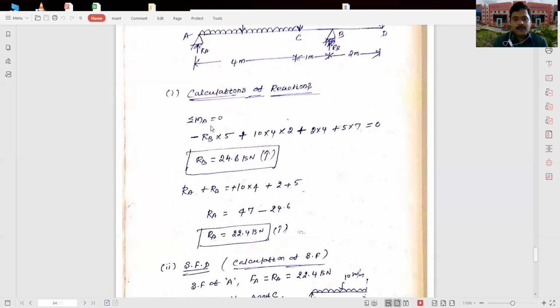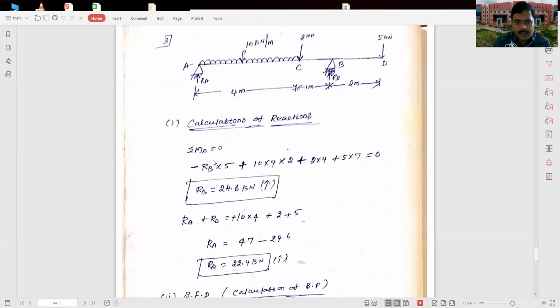Okay. So here you can see the sum of the moments at A is equal to 0. So what is moment? Load into distance about the section AA. Here at point A I am taking moment. So here, considering the loads into distance about this section, which will be equal to 0, you will find out the unknown RB value. You can see this is RB. This RB is upward, and this RB is acting about the section like an anti-clockwise direction, right?